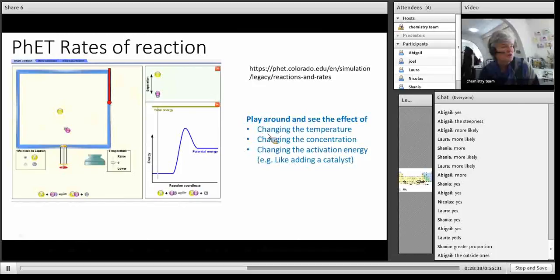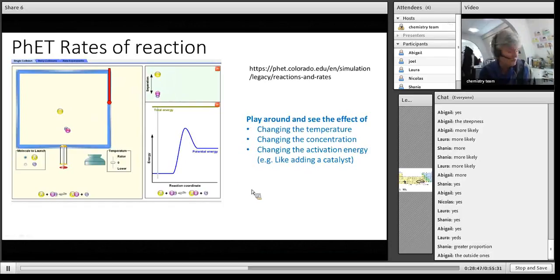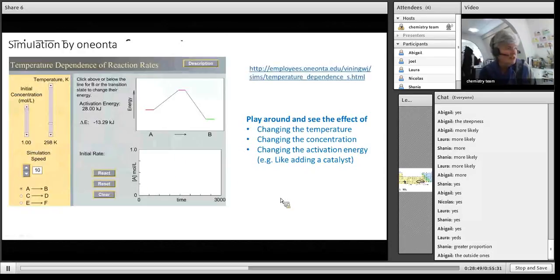So remember, with this one we changed the temperature, the concentration, the activation energy. There is a way you can actually do that in this simulation. This was a simulation where we were looking at the activation energy, sort of changing it up and down. You can also change the temperature and the concentration. I just had it on maximum over there, but you can do that if you want to play around with